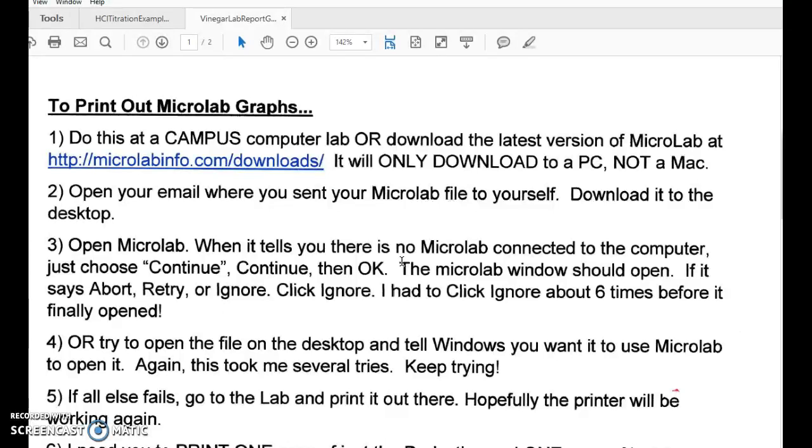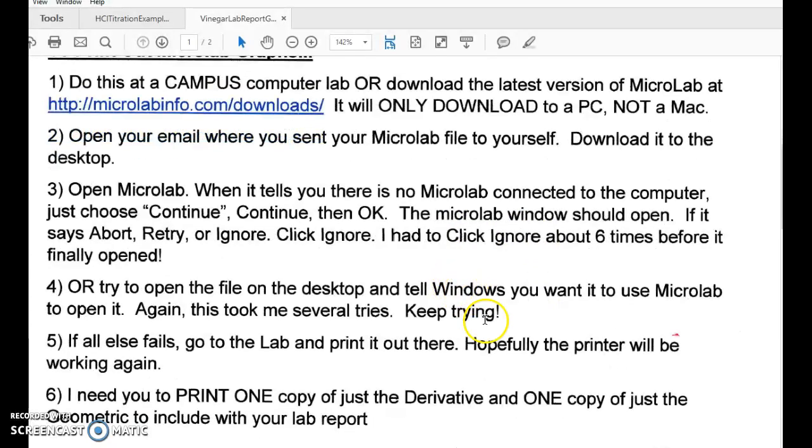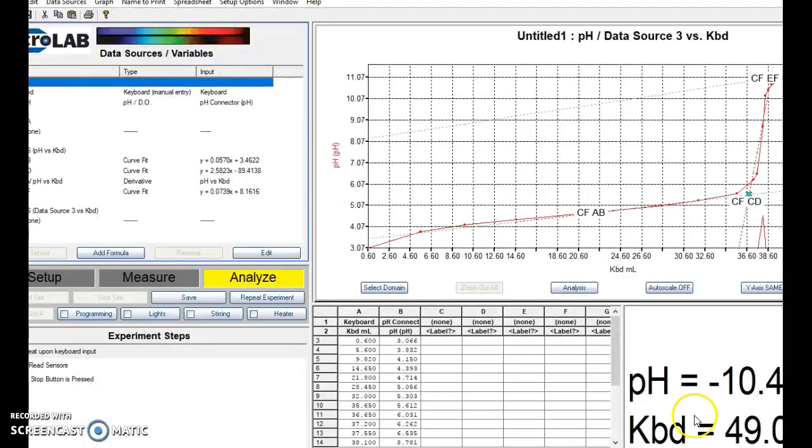I will tell you that when MicroLab is not connected to an actual sensor box, it's very finicky. And so you're going to have to be hitting lots of buttons that say continue and OK and ignore. I had to click ignore several times before it actually opened for me. So once you get it open, like this,